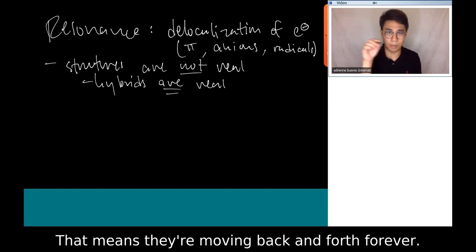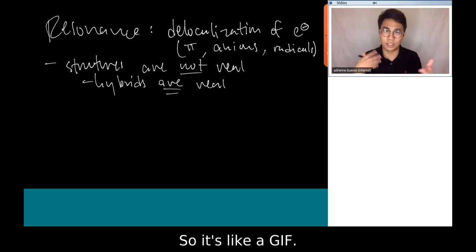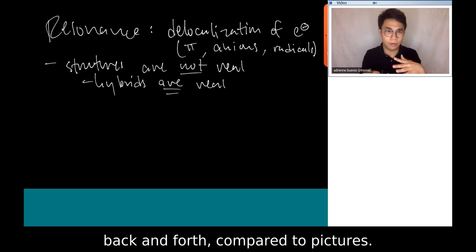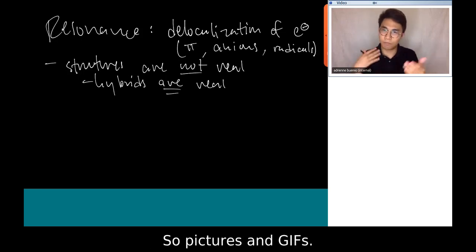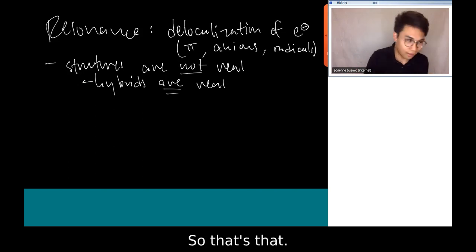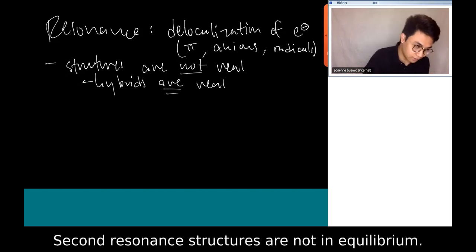That means they're moving back and forth forever, right? So it's like a GIF, going back and forth, compared to pictures. So pictures and GIFs, right? Okay, so that's that. Second, resonance structures